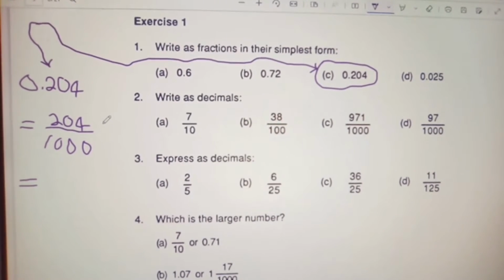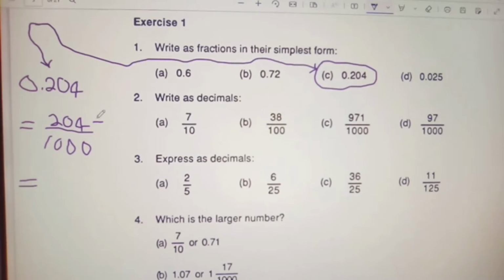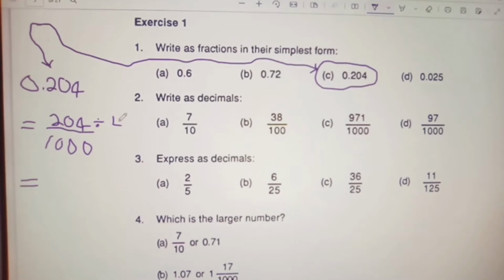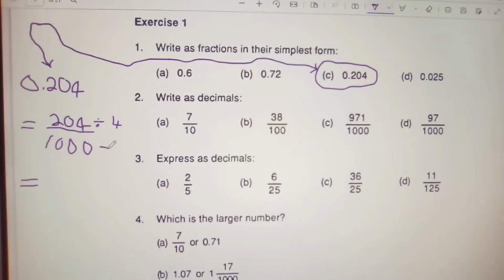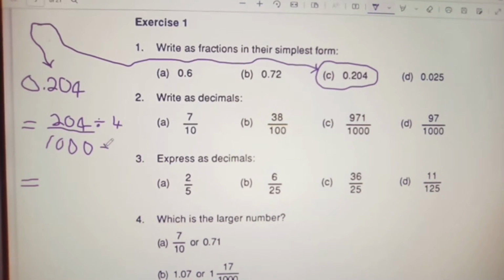Well, let's find out, shall we? So we're going to divide the top part by 4, and we're going to divide the bottom part here by 4. Okay, that's going to equal to